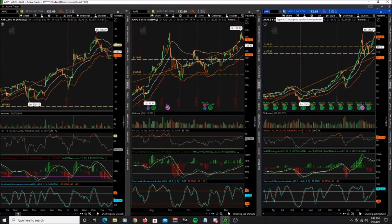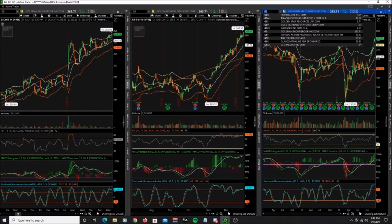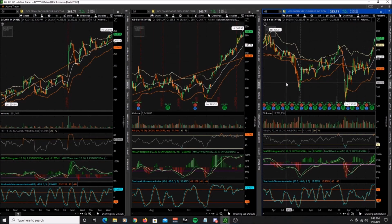And GS is another one. The banks. Now, I know the GS, I mean, you get like a rising wedge right here. So usually when you have these rising wedges and they break, they're usually down to the downside. And you look at the weekly on Goldman Sachs. So once it gets into this 265 area, it ends up like reversing. So it struggles in this area on the weekly back here, and